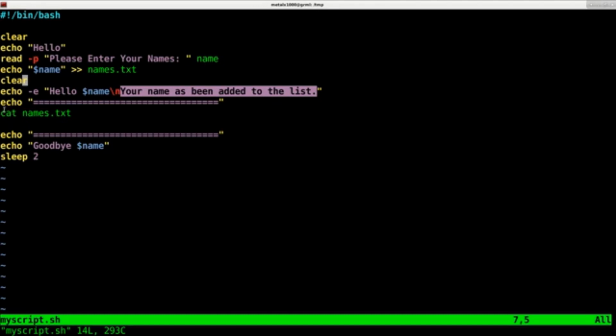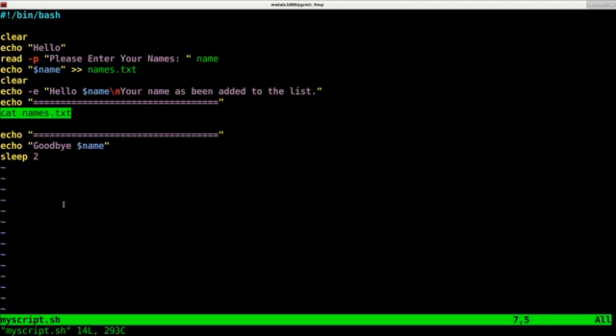Next, we're going to display the list by catting out that file name. Then I will say goodbye to whatever the person's name is, and then the sleep command sleeps for 2 seconds. Right here is what that's doing. I just like to add that just for a little bit of a, here's the information, now the program's done